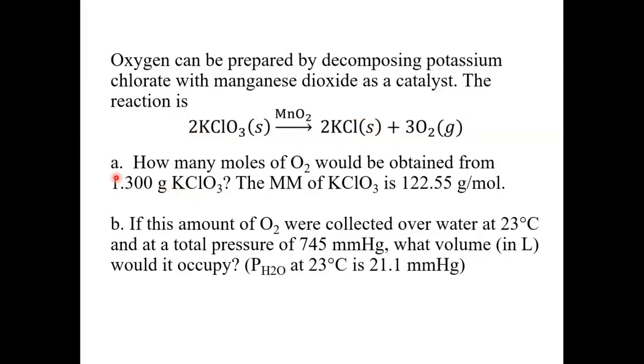So very first step, part A, is just a stoichiometry mole ratio, train track calculation. The second part is where we're going to get into some skills from our gas chapter. If we collect oxygen over water, at a total pressure 745, 23 degrees C, what is the volume of oxygen that I'm going to collect? That's what we're going to calculate. So first step,